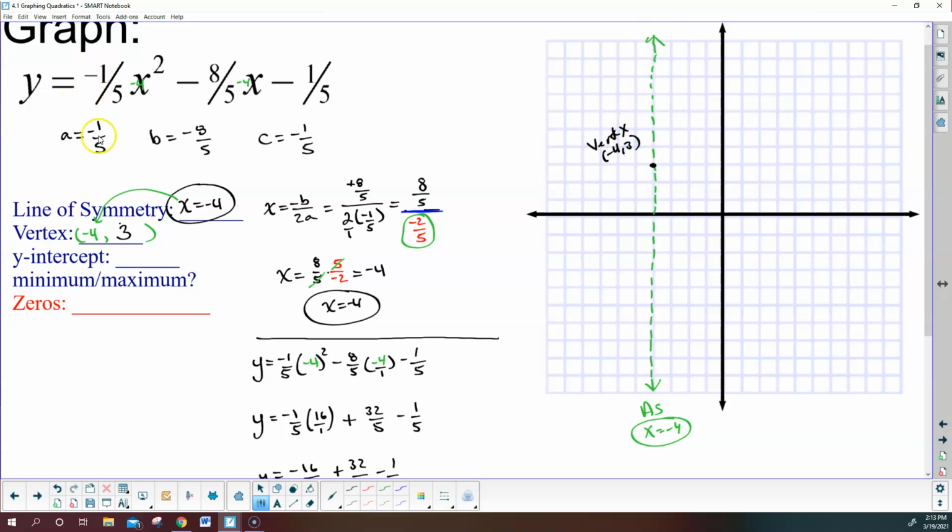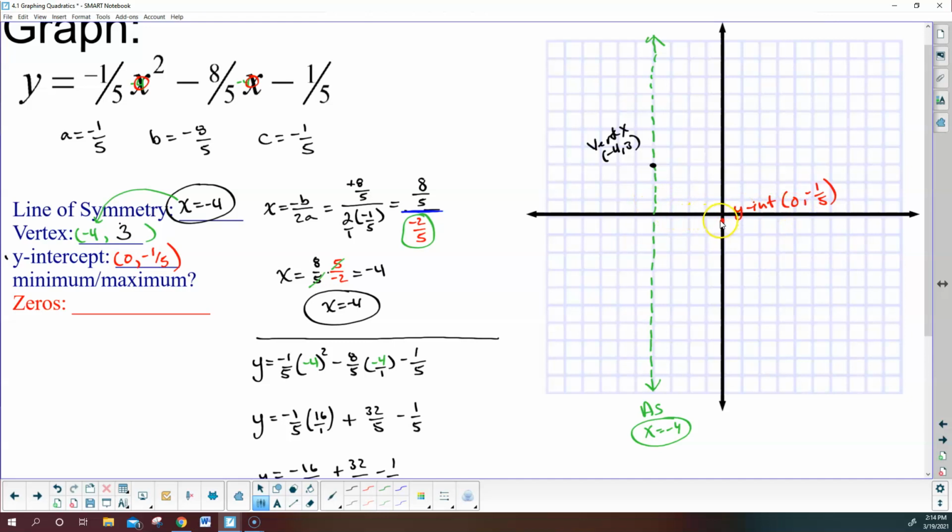And notice my A value is negative, so I know my graph is going to open downward. I just need one other really nice point to make this graph. So I'm going to do the y-intercept, which is always x equals 0. So if I plug in 0 here, the only thing that's left over is negative 1/5. So I'm going to go over 0, down 1/5, which I'm just going to have to estimate. And I might tell the reader,